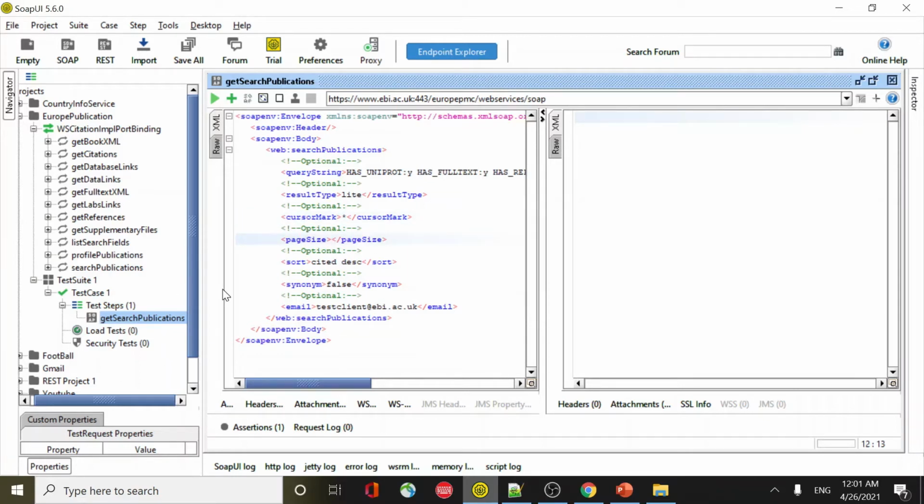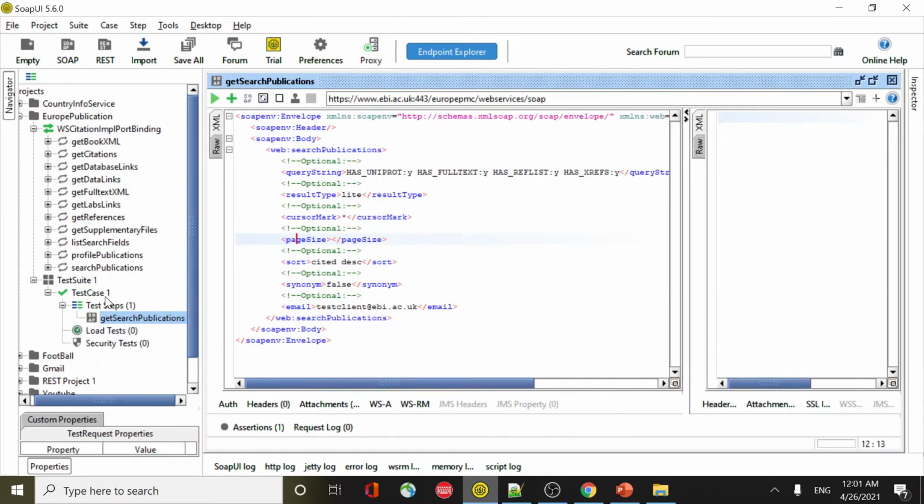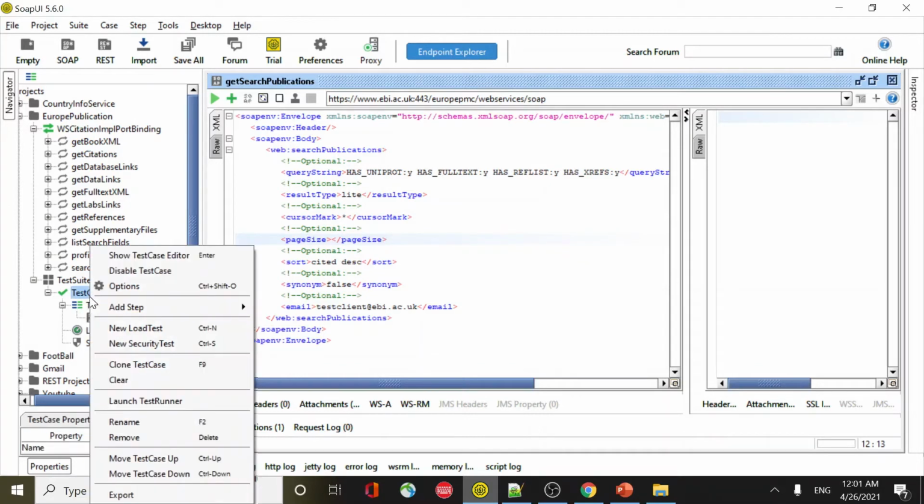So how to use this tool effectively? I can have one test case with this many fields in it. Since most are optional, you don't have to pass all the fields all the time. So you can create one more test case, say add